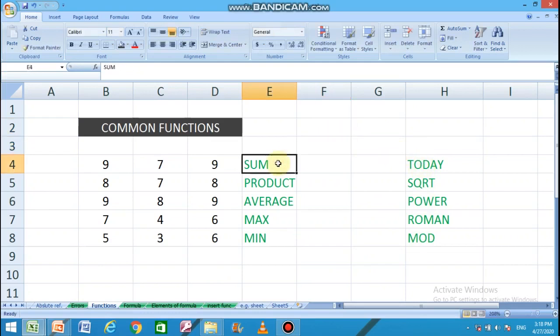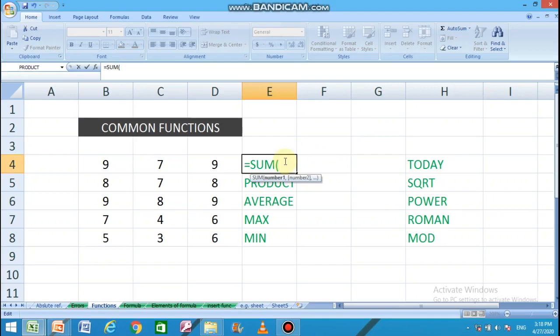Sum function. This function is used for addition. Let us use it. First of all, place an equals to, then type the function name, open the parenthesis bracket and provide the arguments.